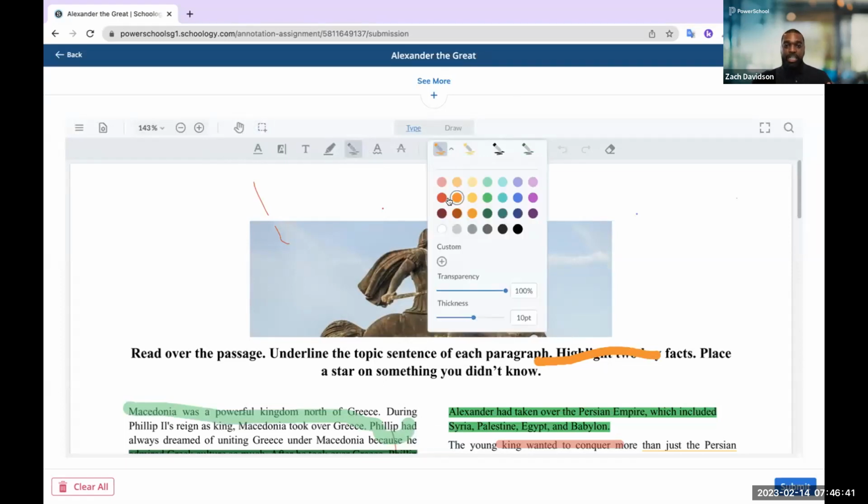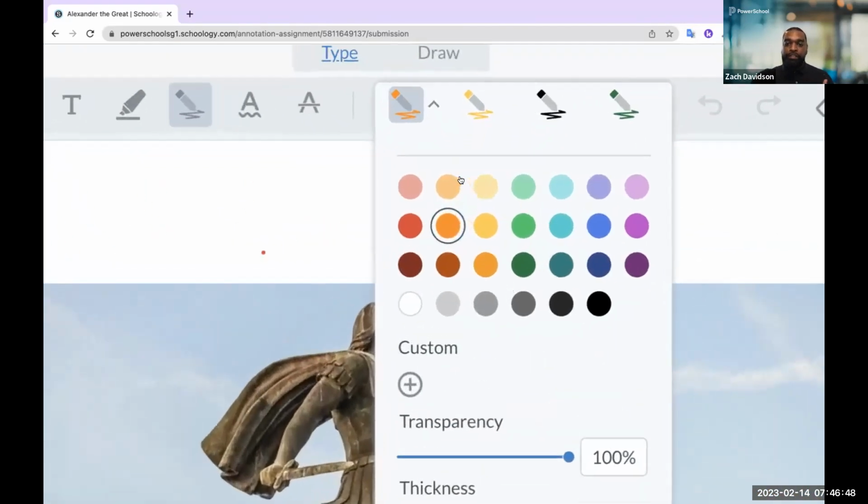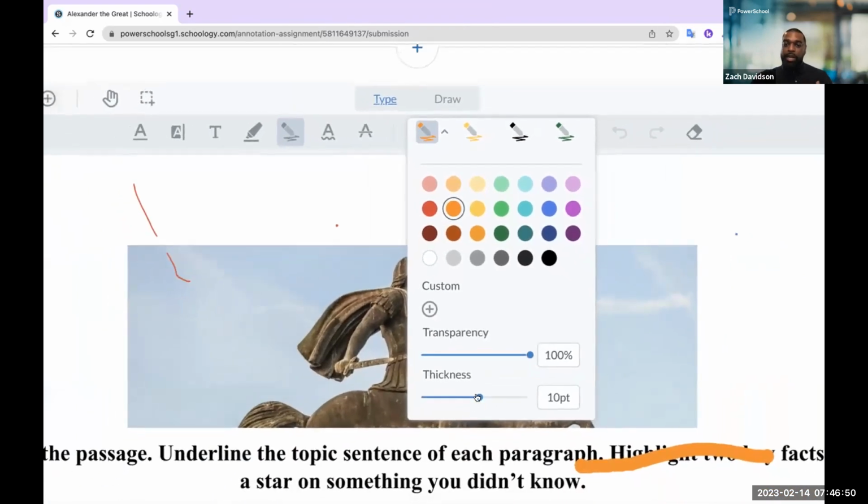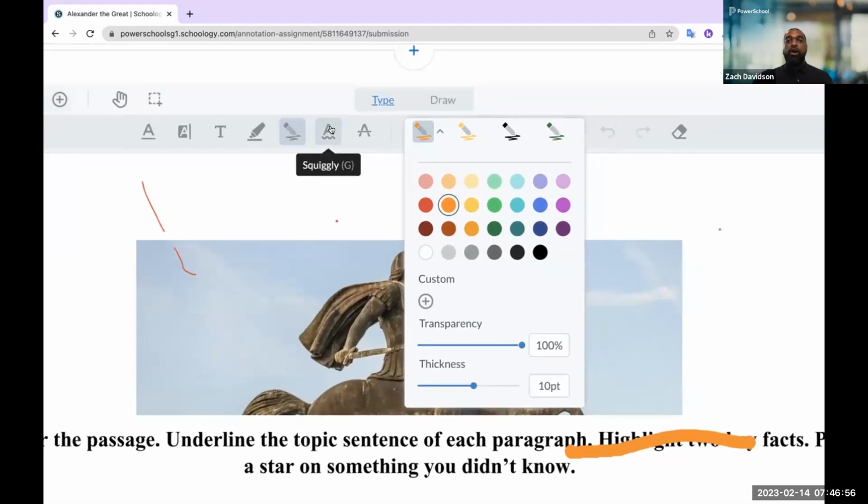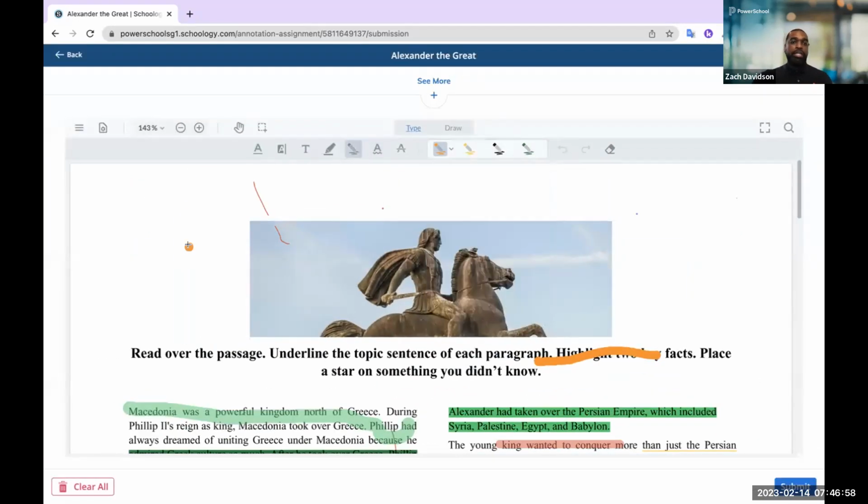What you're going to notice here, and there's a lot to see in terms of the annotations already, but we can incorporate a multitude of different colors and thickness when it comes to the highlighting, the freehand drawing, shapes, underlining, squiggly lines, you name it. All of this can be applied here for the student to engage with the work that they're annotating on.